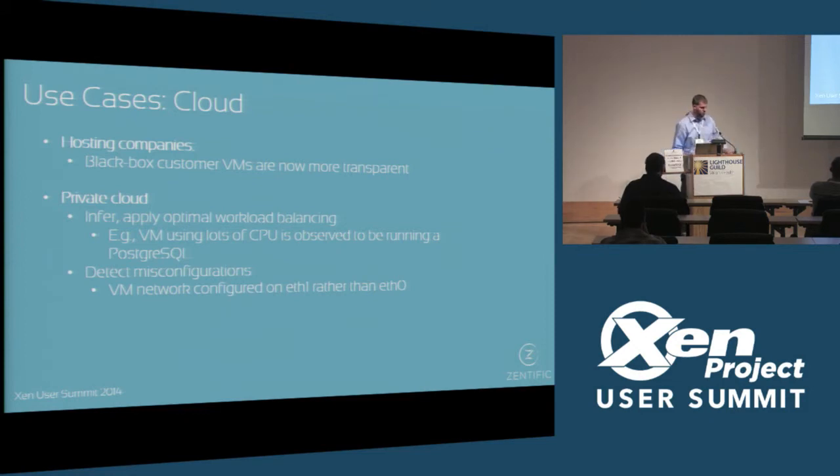So we'll just run through a couple of use cases so you guys get an idea of where this would be applicable. Hosting companies and anyone running their own private clouds, this is an easy one. You need to secure VMs, and you'll need to be able to support the infrastructure that you're running. Misconfiguration is one of the biggest reasons that there's compromises these days. So being able to tell whether there's something wrong with an image that gets deployed from your provisioning system can definitely be useful.